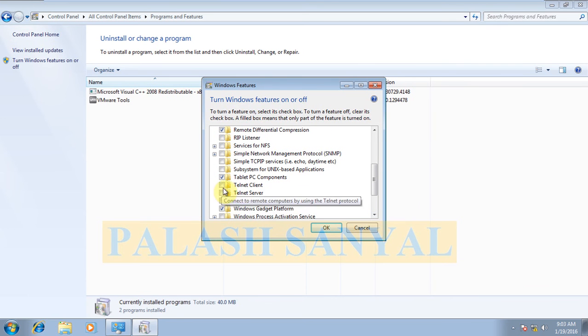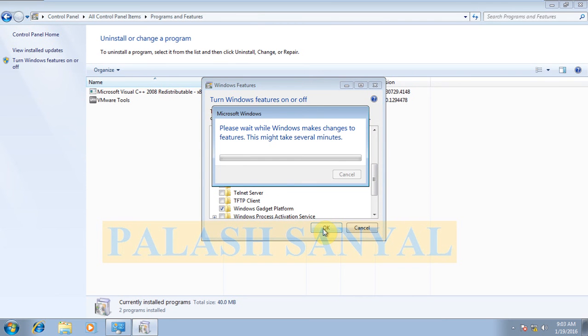See, here are two options, Telnet Server and Telnet Client. I use the Windows 7 machine as a Telnet client, so I use this option, Telnet Client. Click on OK. So my Telnet client is installed.